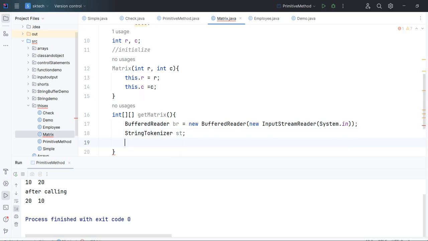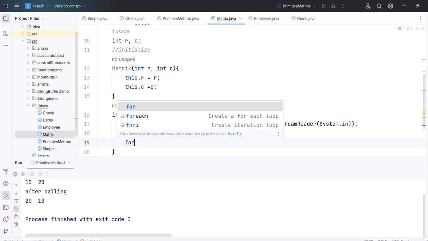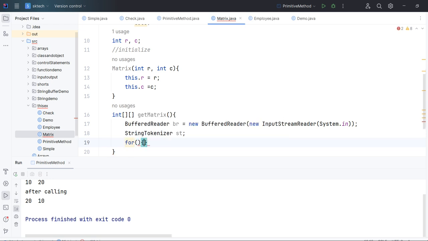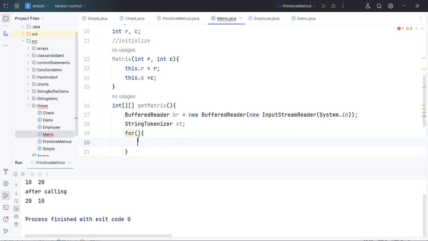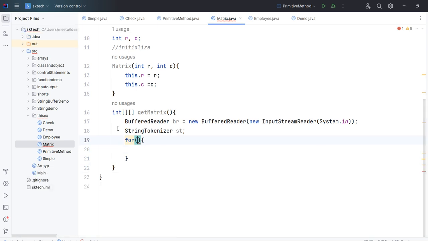And as you know, if you want to take the data from the keyboard as an array, we need to use a loop. How can we do it? Using a loop only we can take the data from the keyboard for the array. So let's minimize this and see the proper format. Let's write i equal to 0, i less than row, and then i plus plus.